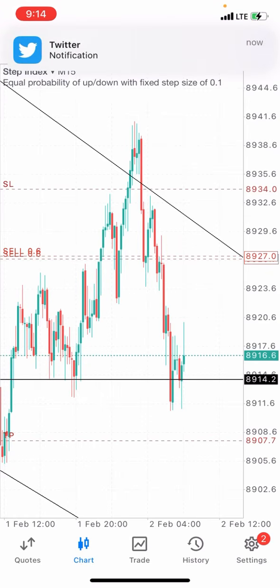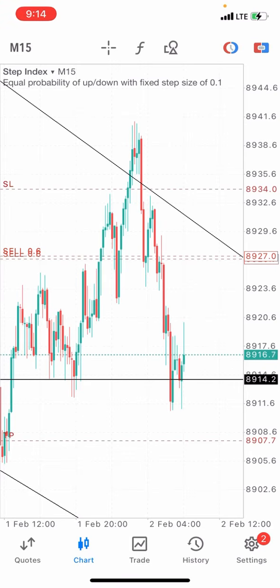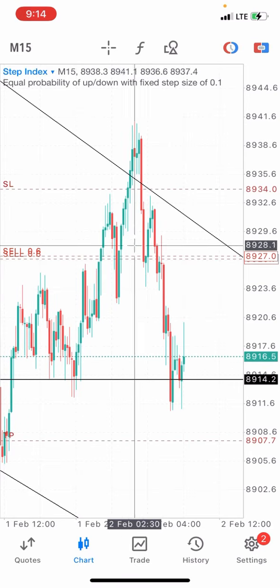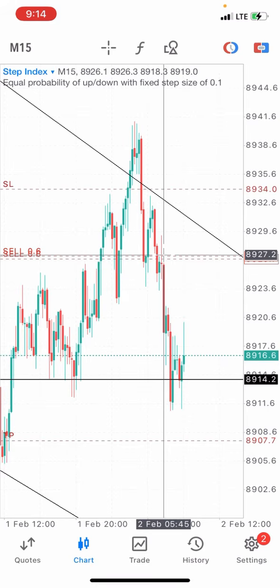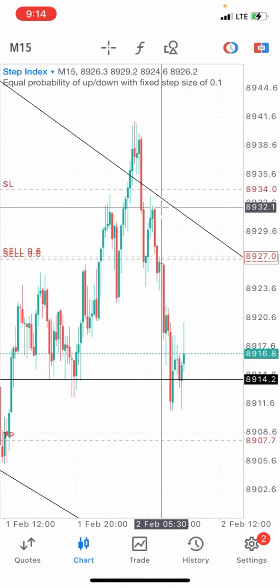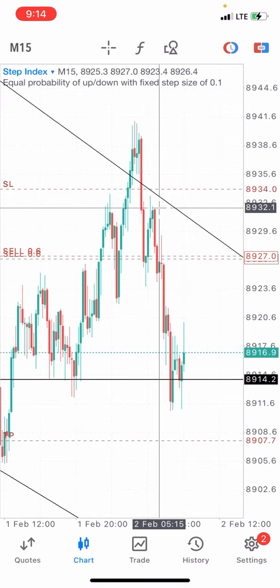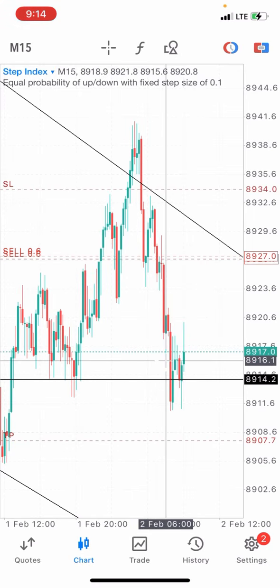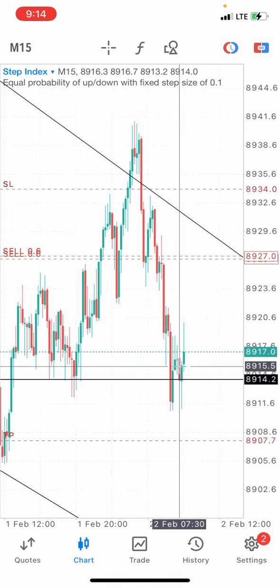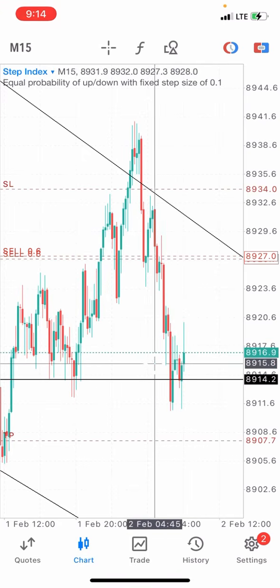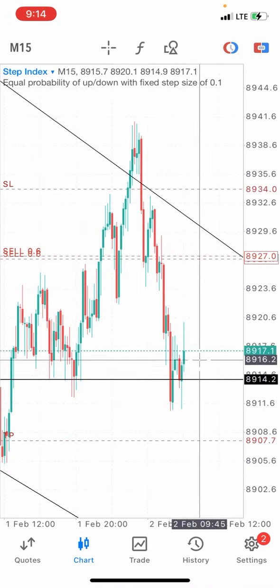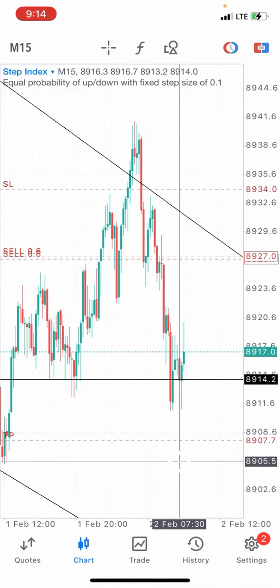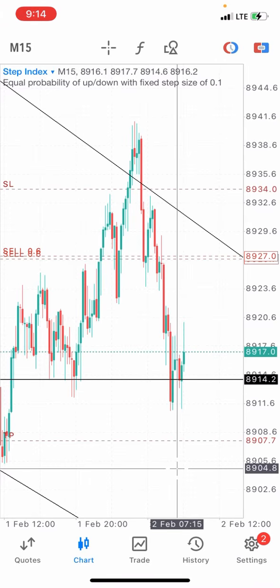All right, you can see, guys, we are on a trade currently. We are selling step index. Myself and my team, we entered right here. My targeted entry was supposed to be around this level, but I missed it, and then we took this trade around here and we are in massive profit right now. I'm still expecting this. Of course, I told my people that price will range around this level for a while before it continues to rally down.